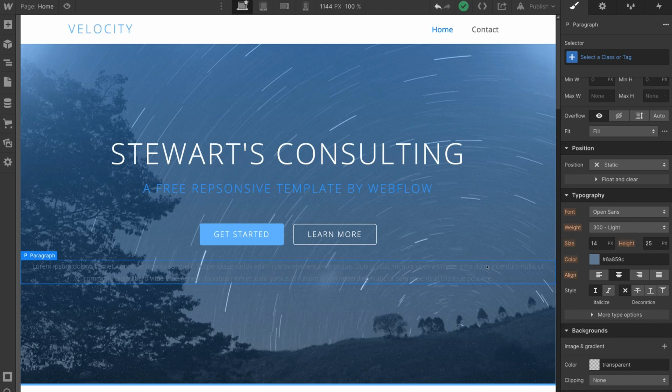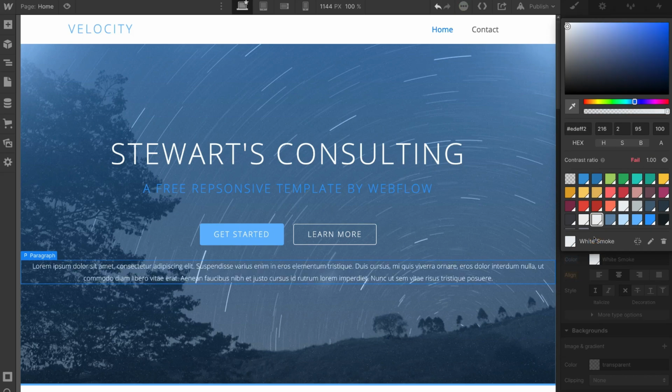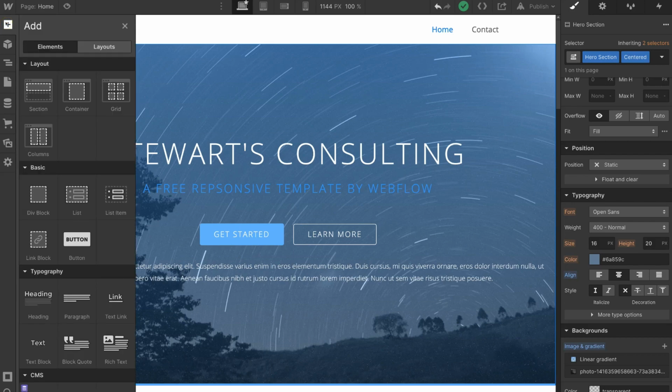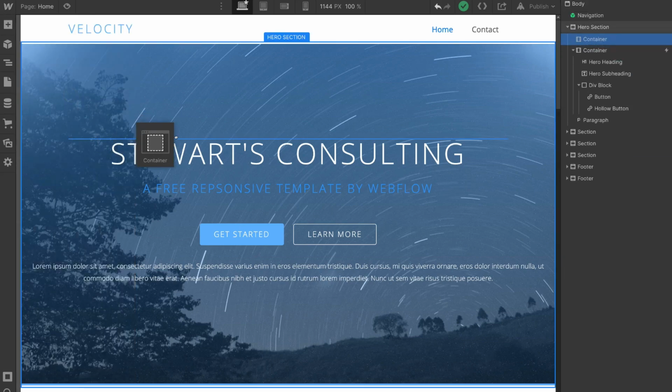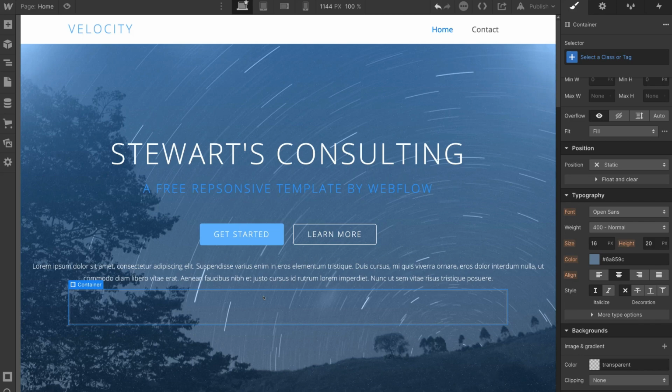I can navigate over to color, and I'm going to change the font color to white, and then navigate back over to my page. Now, as you can see, this paragraph is the full length of this website page. So what I could do to tidy this up is add columns. For example, if I navigate back up to the plus to add elements and click here, I can come down and add a container. So if I click container and drag this below this paragraph here as a comparison,